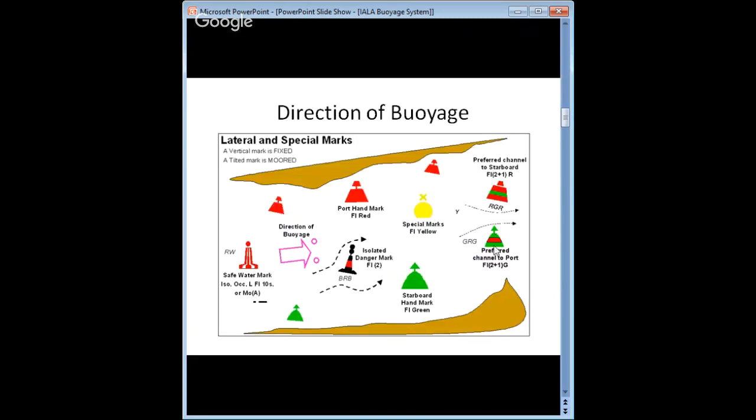If you're heading out of port, so heading from the right-hand side of this chart to the left-hand side, you're heading against the direction of buoyage, so then you have